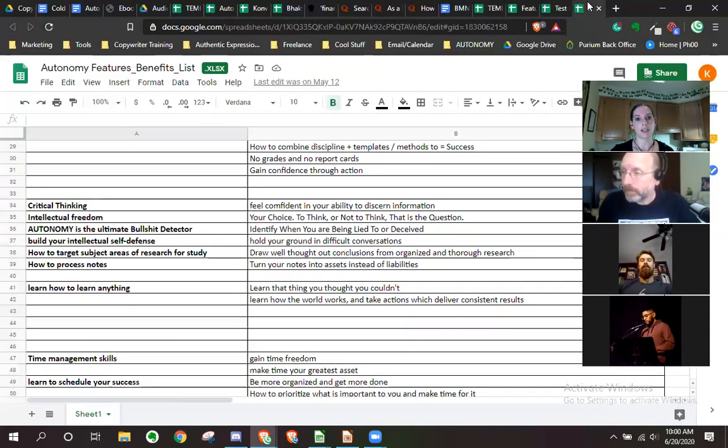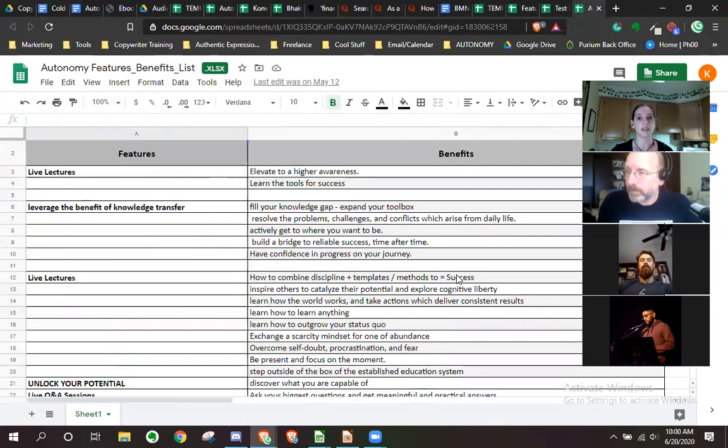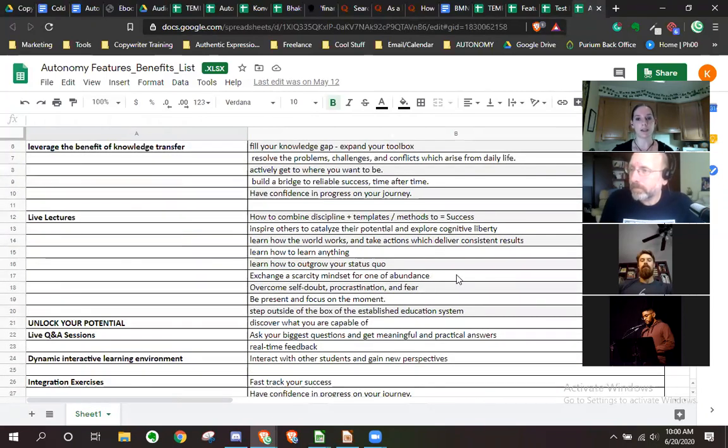We've got one for autonomy. And Richard has been using the research that we've done on these features and benefits to help in writing his email campaigns. So this is the value of creating a features and benefits list. I cannot stress enough how valuable this is to all of your marketing efforts moving forward. Having this place that you can just go back to and grab these benefit statements makes everything flow so much easier later down the road.